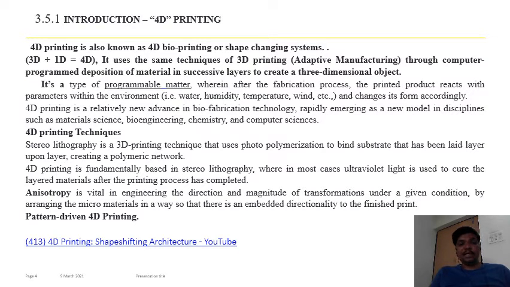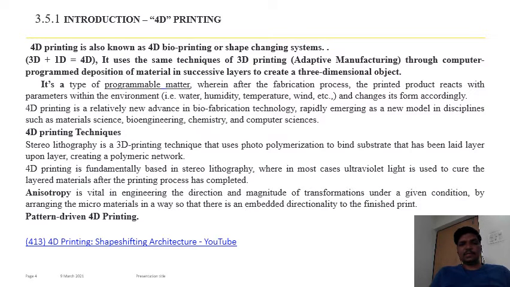So 4D printing is a relatively new advance in biofabrication technology. Now the domain is altogether different. Earlier we were talking about mechatronics, now we are talking about robotics. Now we are in Industry 4.0 or smart manufacturing industries. We are talking about biofabrication technology. Up till now we know fabrication in mechanical fabrication related to welding, the different processes involved in welding to carry out different fabrications for different industries. But this field is altogether a new domain that is termed biofabrication technology.